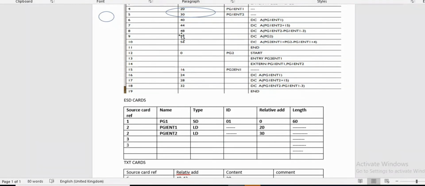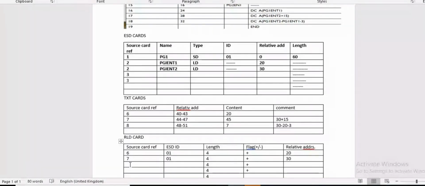The relative address is 48, so I am writing 8 here, and 48 for the relative address. And the ESD ID is 02 because it's of type extern. We assigned 02 as the ID to extern in the ESD card. See here is our ESD card.